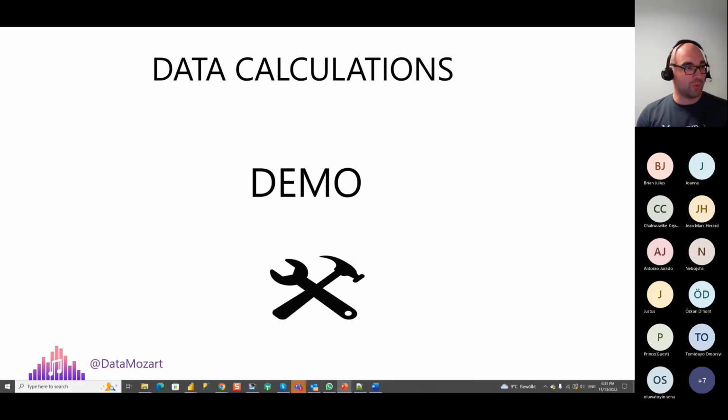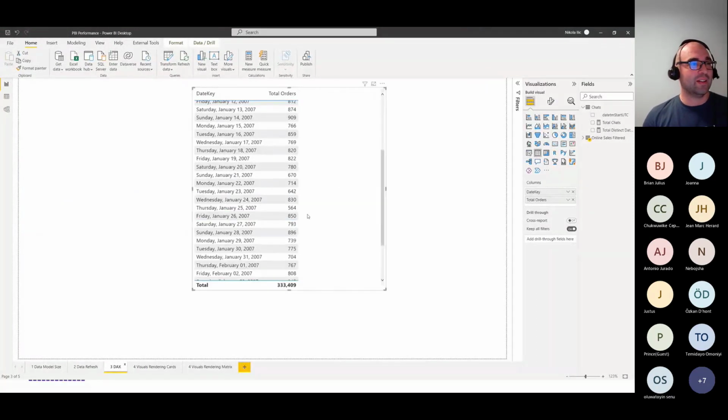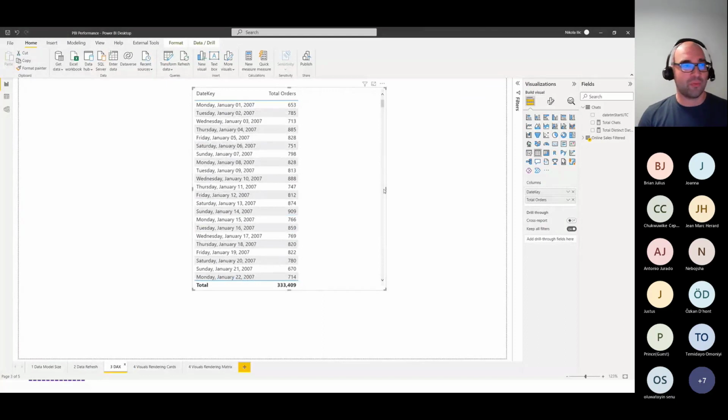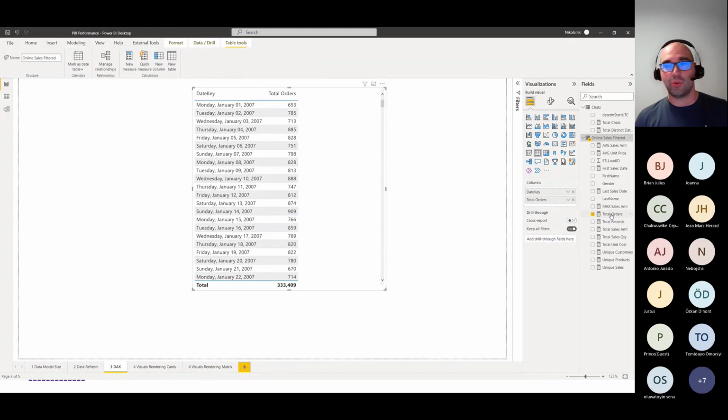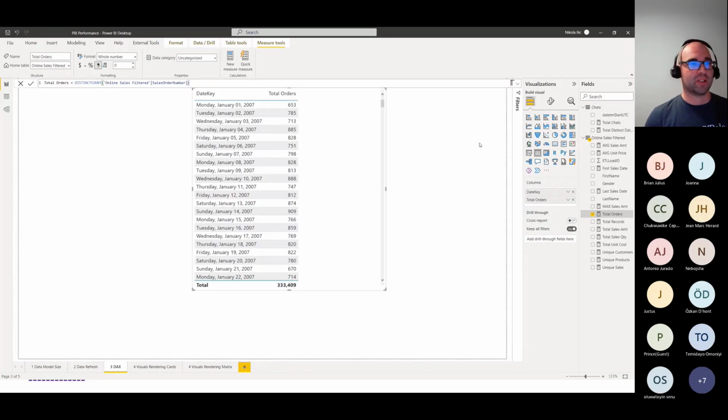Okay, so let's go to Power BI and DAX. So what I have here is a total number of sales orders, big sales orders. Those are orders with sales amount greater than 500, like in the previous example, broken down on a day level. So for every single date, I have the number of big orders. And this is a simple definition. I'm using the distinct count function to count the number of unique sales order numbers